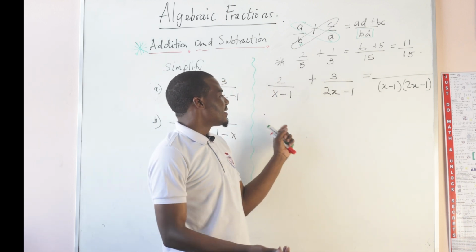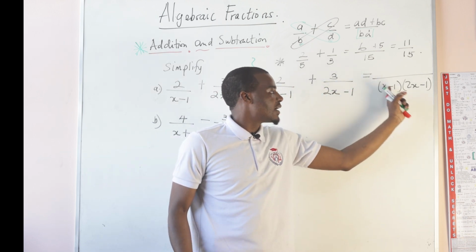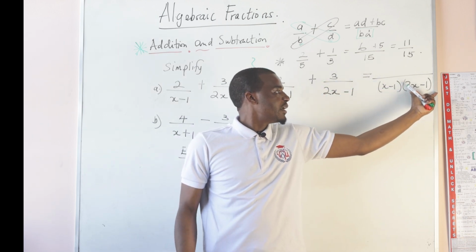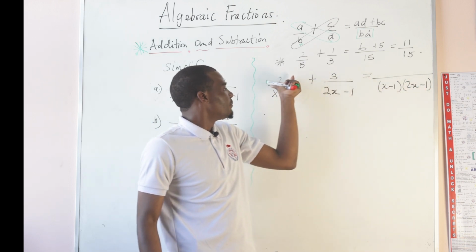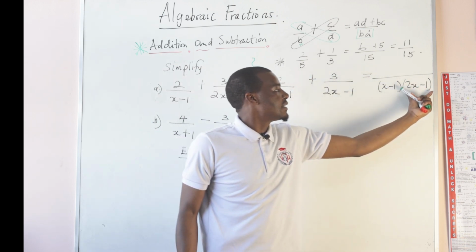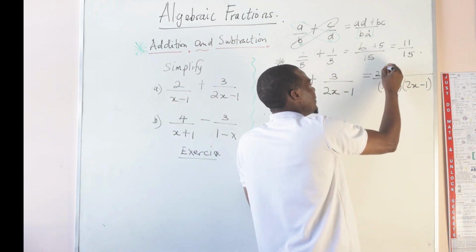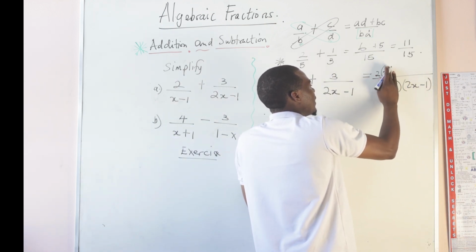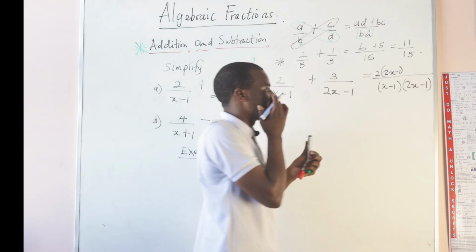So like I said, you divide this one into this one. Obviously x minus 1 will cancel x minus 1 and you remain with 2x minus 1. So you take that 2x minus 1 and multiply by 2. So it is an expression that you are multiplying with a term. So you start writing a term and put the expression in bracket, which is 2x minus 1 in this case,